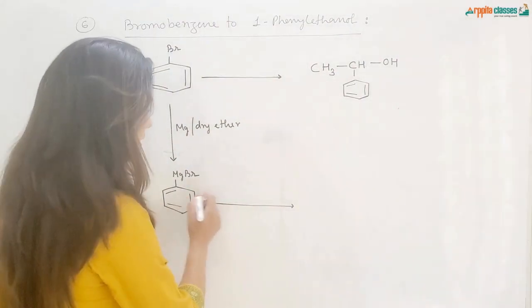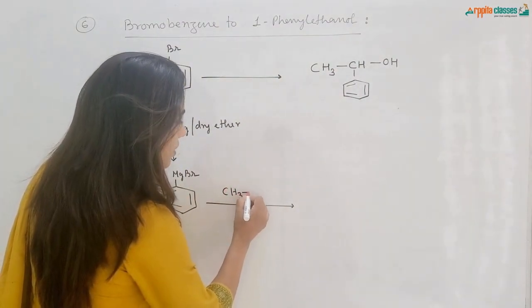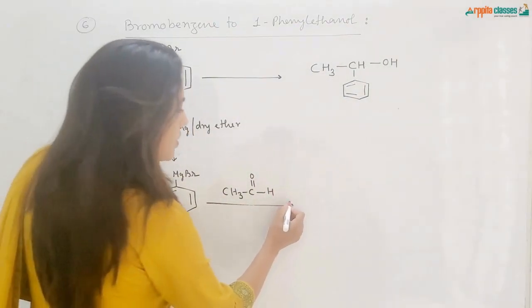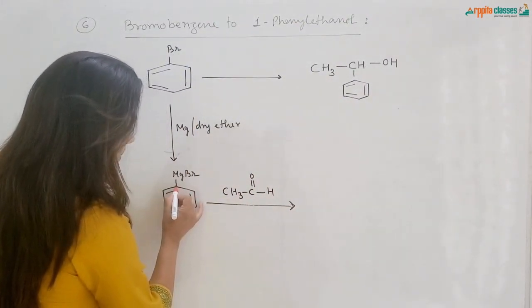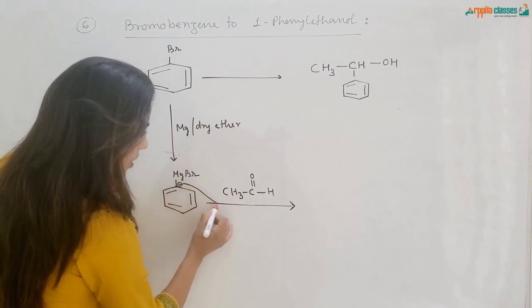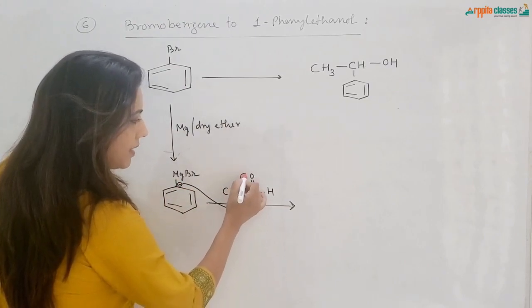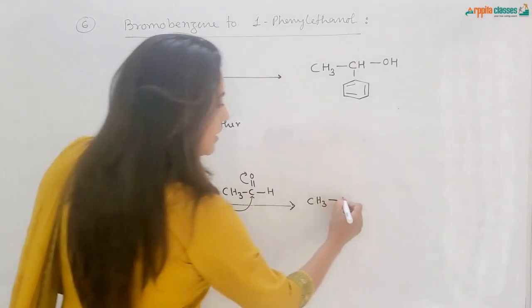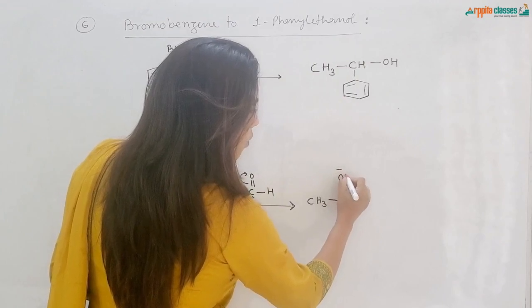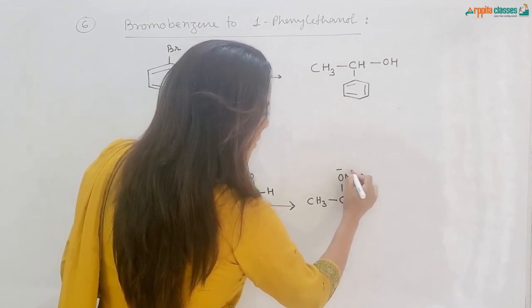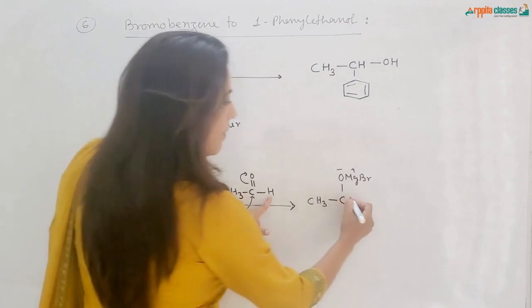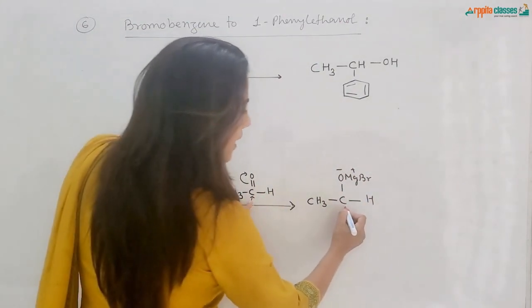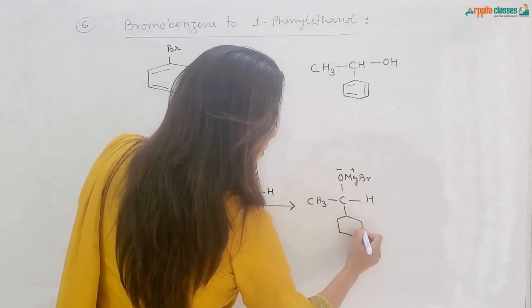So I will be treating this Grignard with CH3CHO, that is acetaldehyde. So what will happen, you see, this carbon is minus, this will attack this carbon atom and this bond will be broken. So what we are getting, just see, CH3, this bond is broken, O minus and MgBr will get attached to this. This carbon is having a hydrogen over here, and this phenyl group got attached to this carbon. So this is a phenyl group over here.